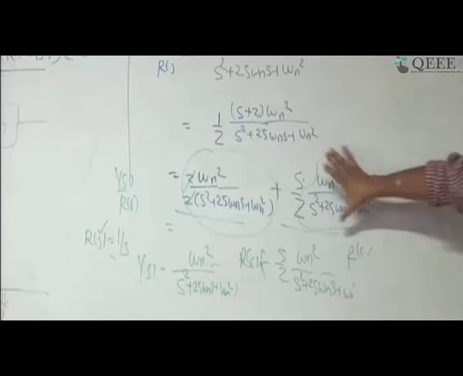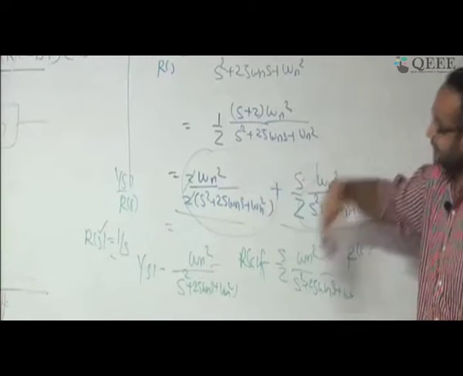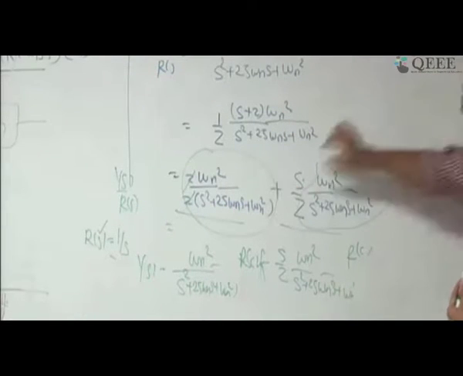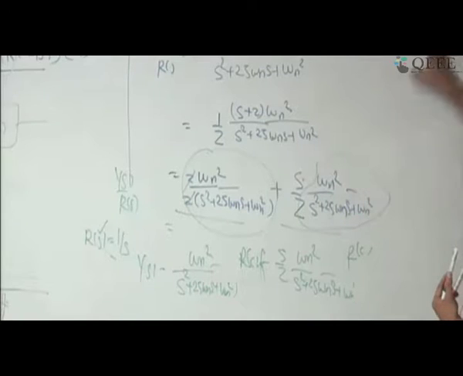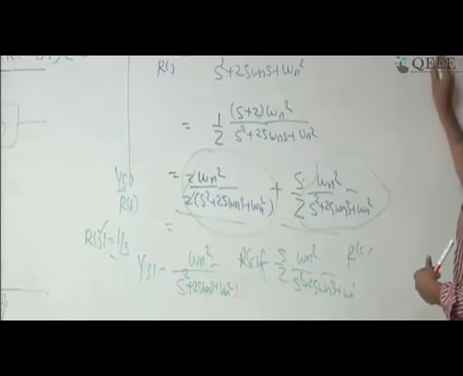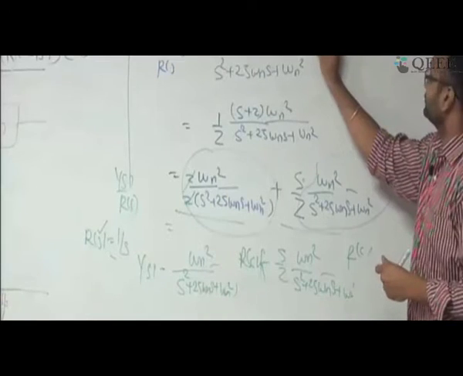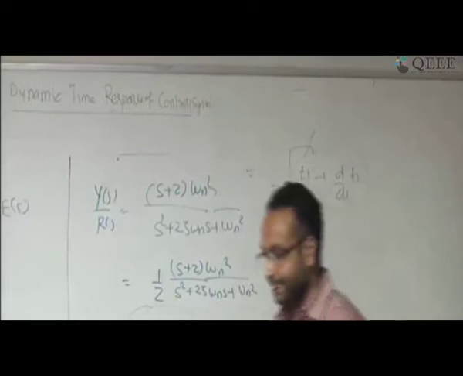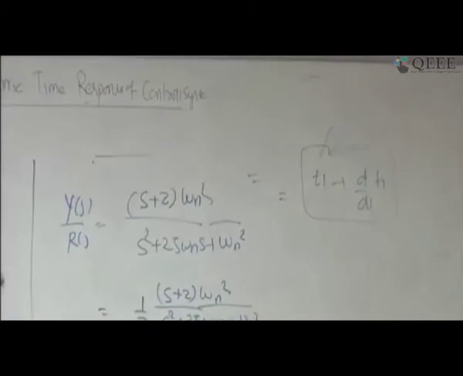This part is clear. This is term 1. In the time domain, whatever response comes will be some response plus, because of s, the derivative of term 1. This is the important part, I want you to emphasize it. The overall response is going to be term 1 plus the derivative of term 1. That's why I have done this, s is here.